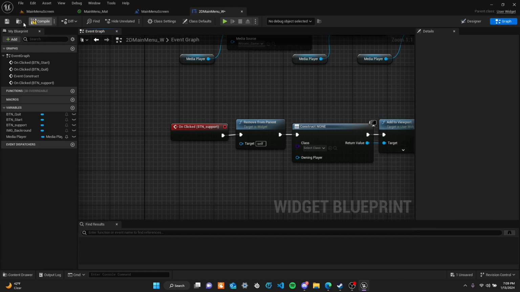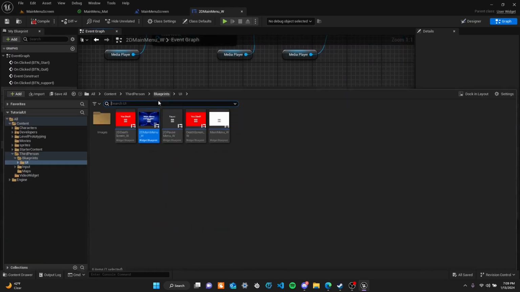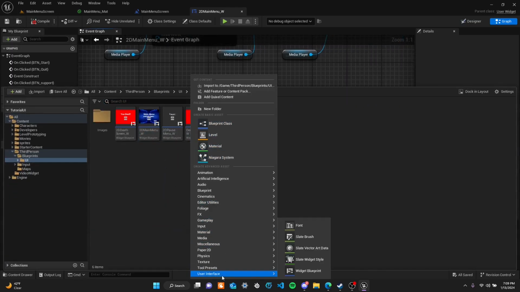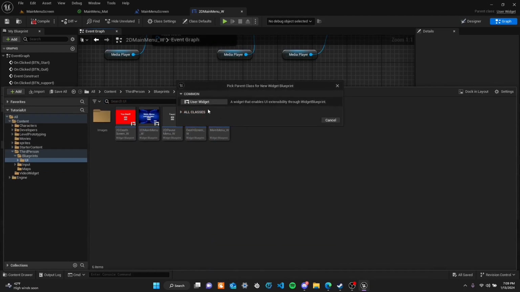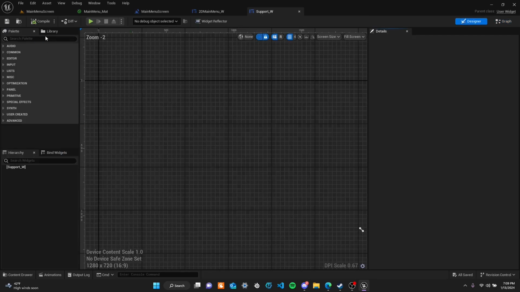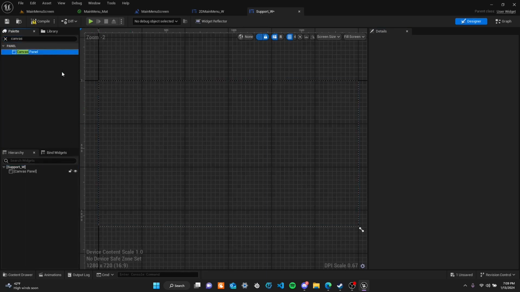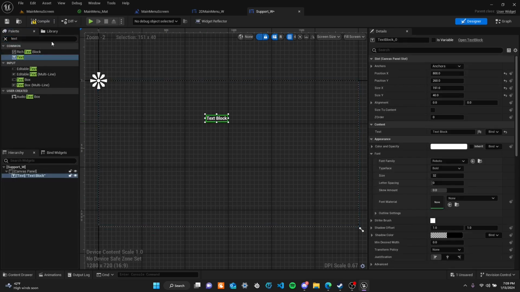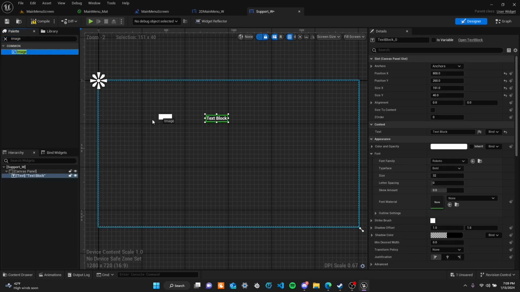And then now I want to make our little support page. So we'll get down to user interface, widget blueprint, user widget. We'll call this support_W. Open it up. Get our canvas panel. And then we will not add an image. It'll just be like this. We'll get a text. Well, actually, you can add an image if you want, but make sure that this is transparent. It's just covering